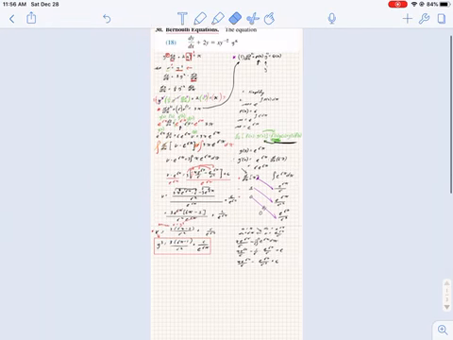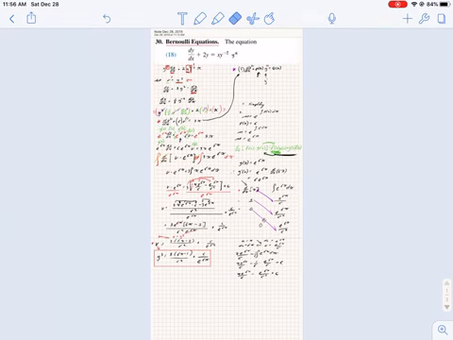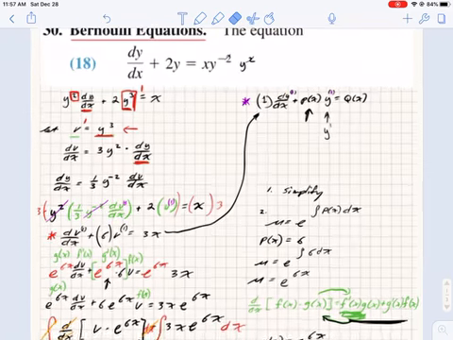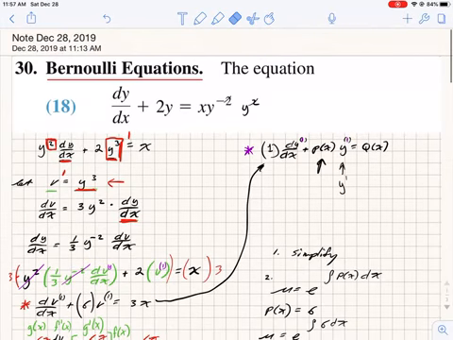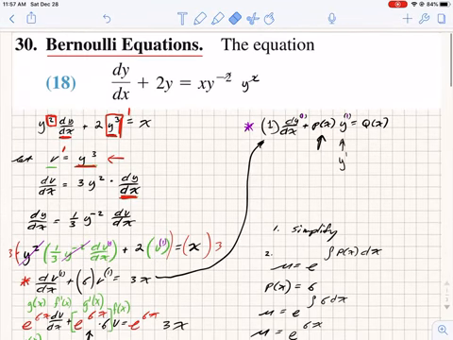In the last video, we solved a differential equation that looked a little bit different than a linear differential equation in that the coefficient function in front of the differential was not 1, and the dependent variable y was not to the first power. And that was because,